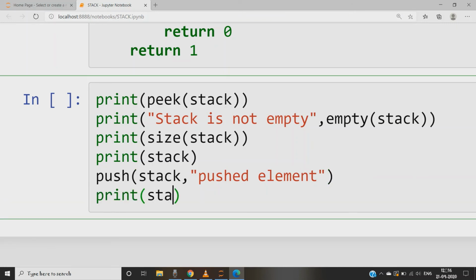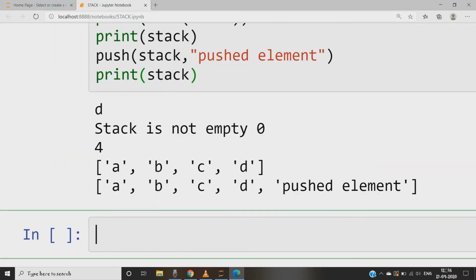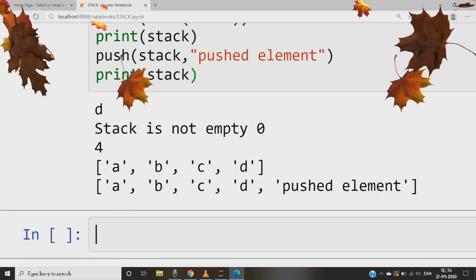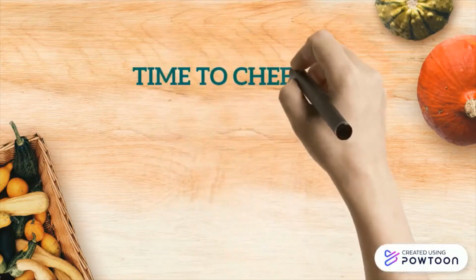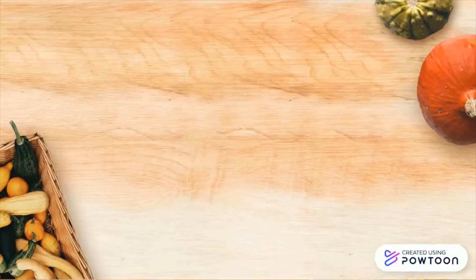Now I hope you can convince yourself, based on the illustration of what a stack is, what operations are possible, the exceptions which can occur, and the user defined functions to enhance the performance of a stack. So that's all about stack in Python.